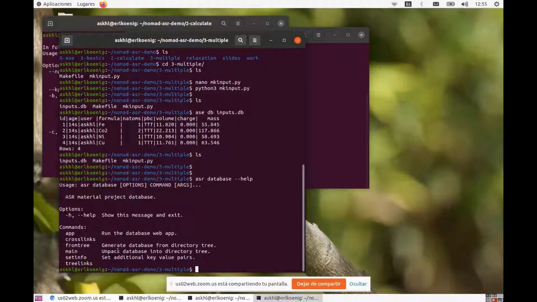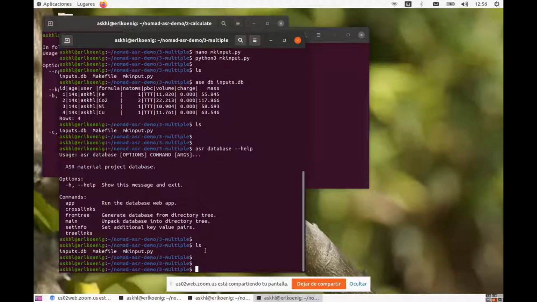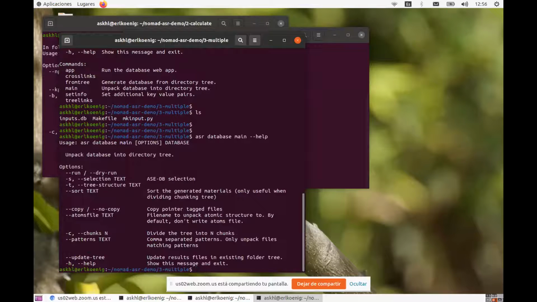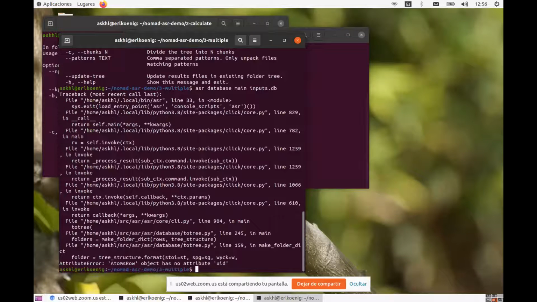we cannot probably remember this. So there is one here called main, which says unpack database into directory tree. And this will do what we want. So here we have the database, and now we want our tree of computation directories. So we see ASR database main, and I guess we should ask it for help also. So it takes a database as an input, and so if we just run this,